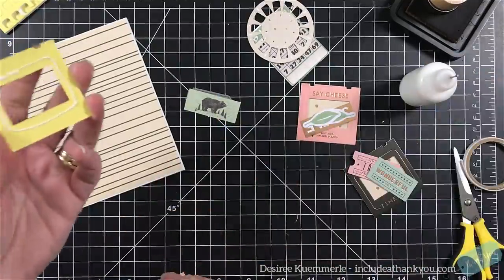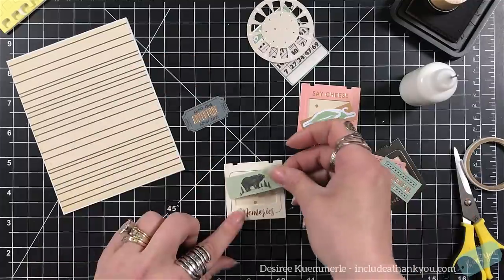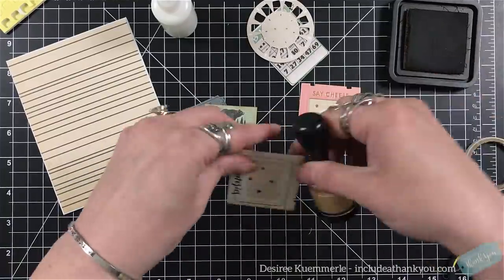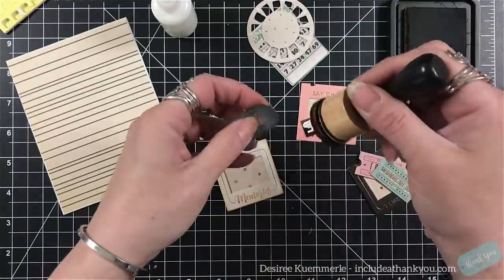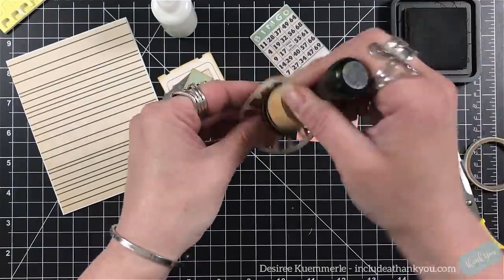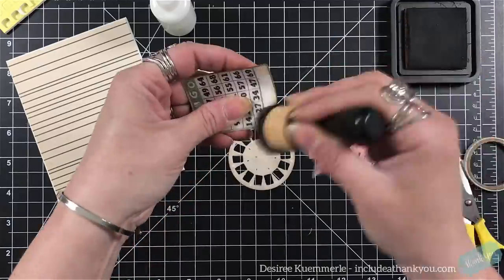I'm going to put the backing on this last one, and then we're just going to have fun, because of course the vintage photo must come in, and we're going to ink around all of our pieces, even these chipboard pieces. I want to put the vintage photo around those as well. These 2 pieces here, the viewfinder and also the bingo card, they're going to be sitting in the background of